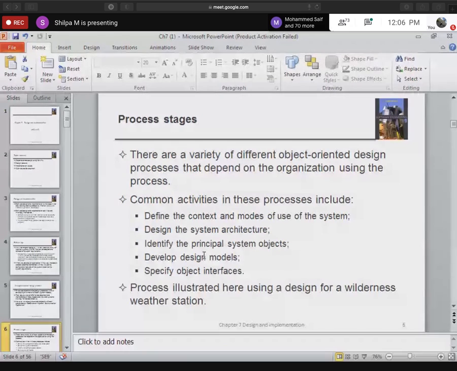That is, the maintainability of that code is difficult. In order to avoid it, what we do in object oriented design is we only have to make changes in the classes or in the objects. You need not change everywhere else. So that is the reason people opt for object oriented programming languages or object oriented design.